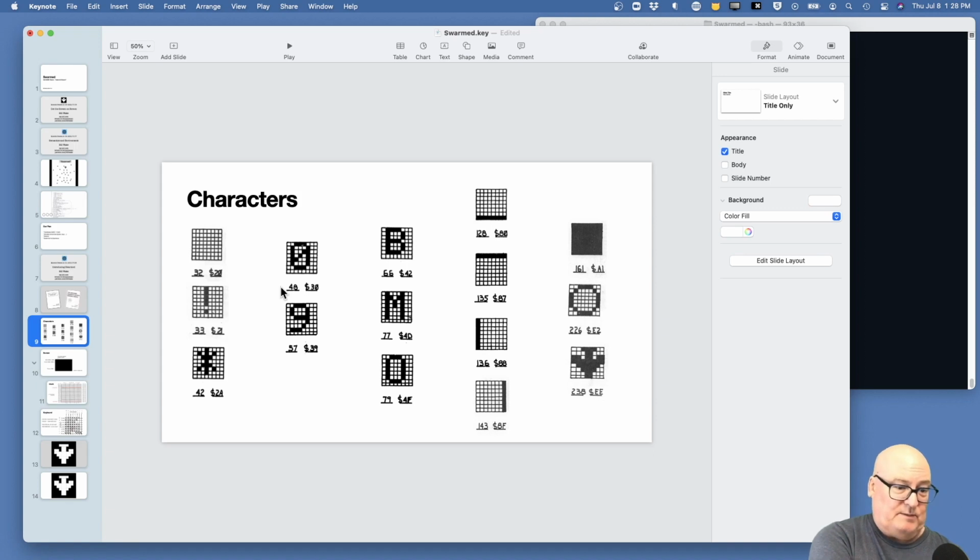So 32 is space, 33 is exclamation point, 48 is 0, 65 is A. Okay, but then the upper space, they made up their own characters. And somewhere I've got the documentation that shows every character and what we have. We're going to have to map these things in the upper range. And I don't know, it seems,